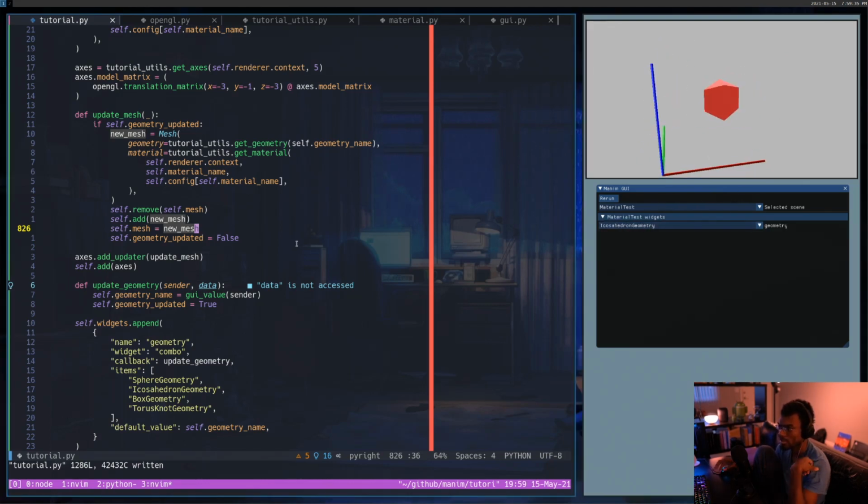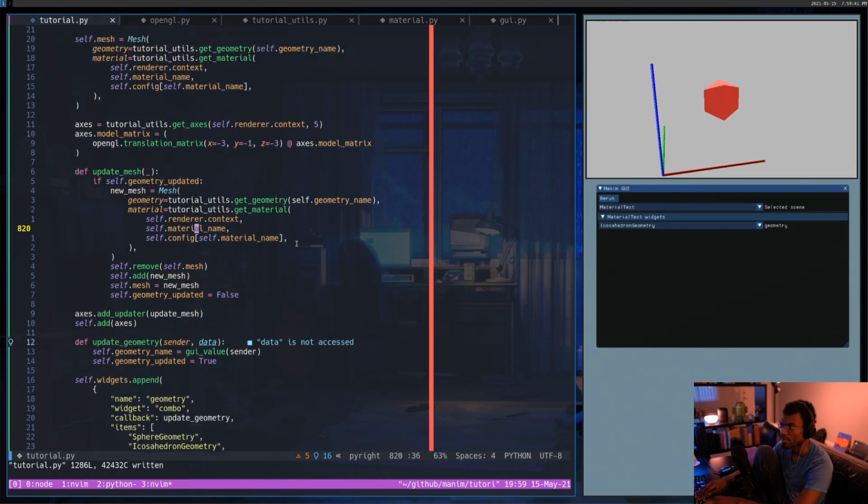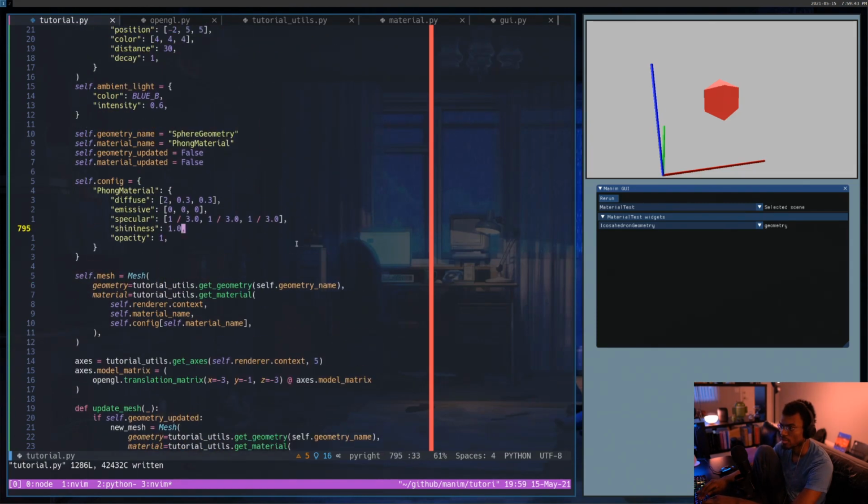Okay, that worked pretty straightforwardly. So for the materials,